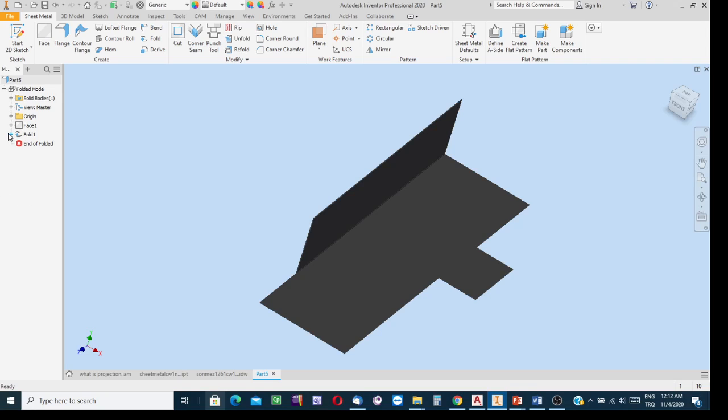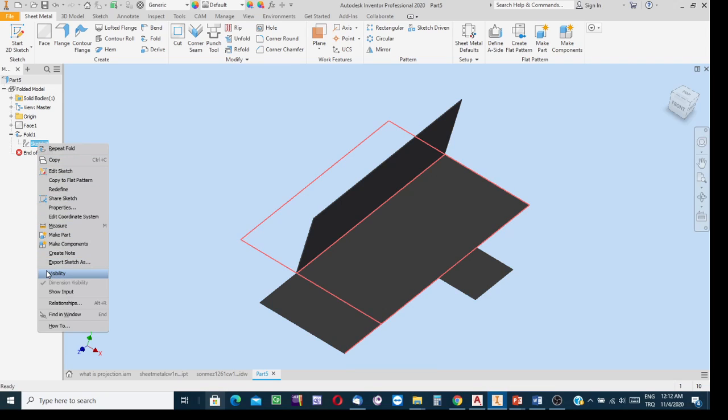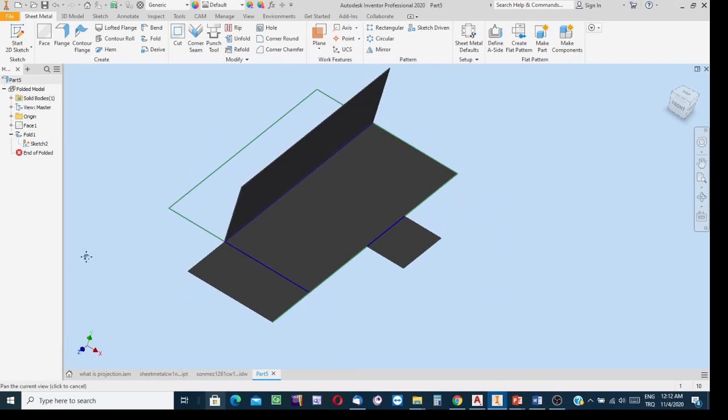Don't worry about it. Bring the cursor to the browser, click on this cross, and for this folding process I used a sketch. That is the corresponding icon. Right click the mouse and then set its visibility. After making the sketch visible, you can find the other folding lines, folding paths, and then apply the folding